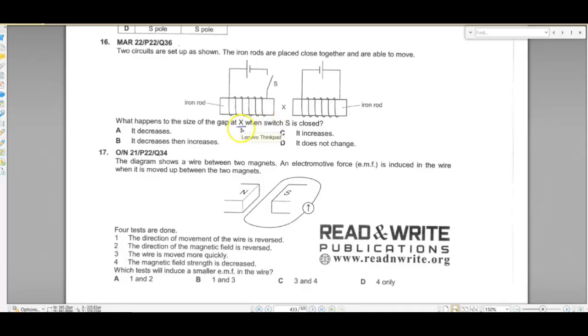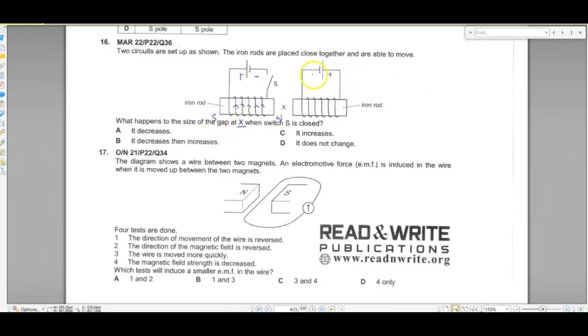what's going to happen? This is a solenoid. Okay? This is positive, this is negative. So the current is moving towards this side. So if we curl our fingers like that away from us, our thumb is going to point towards the left side. Okay, so it means north is over here and south is over here.